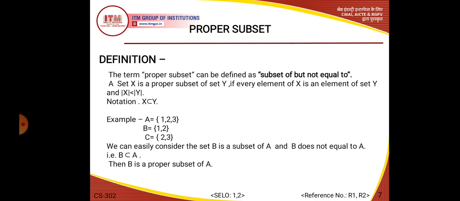If we see the set B, only 2 elements are there, 1 and 2, and both of these elements are also members of set A. So here the condition follows. Then we can say B is a proper subset of A because every element of set B is also a member of set A. So this is the definition of proper subset.